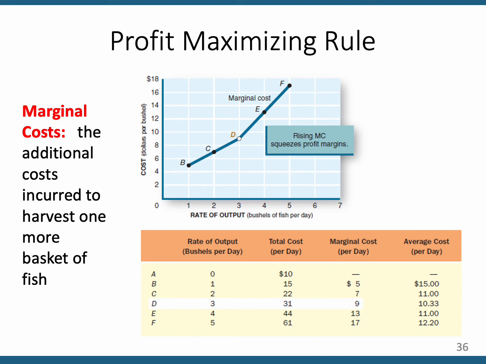So we're given this data for this simple example, and you can see how, depending on how many bushels per day you produce, that's Q, that's the first column, you have some amount of total cost. And that's an increasing function, obviously, but it increases at an increasing rate. The rate that it increases is the marginal cost. So you can see the marginal cost in its column is rising the more you produce.